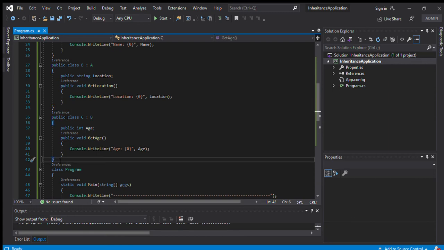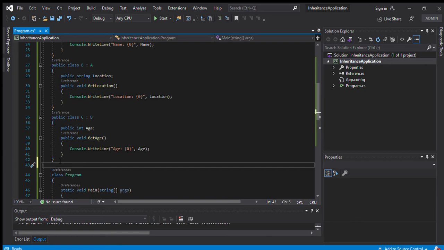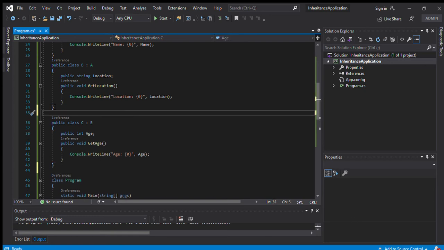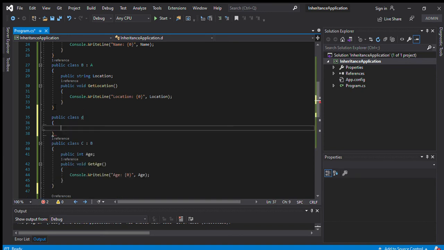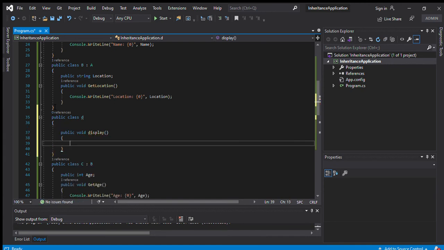See, I declare one class here, a public abstract class, and in it I declare a public void display method that just shows a console write line.